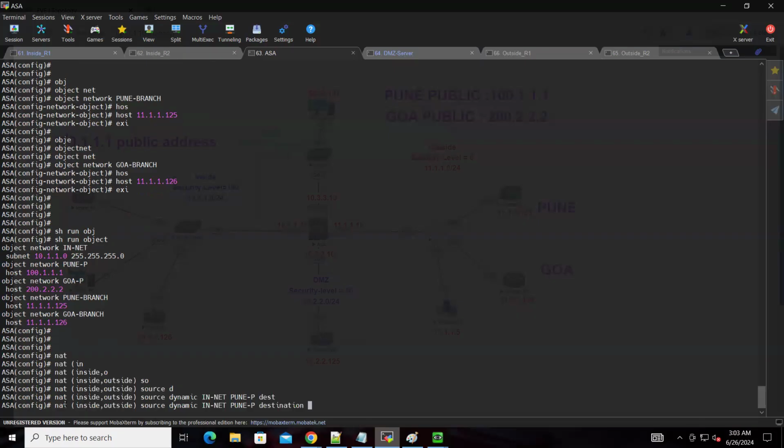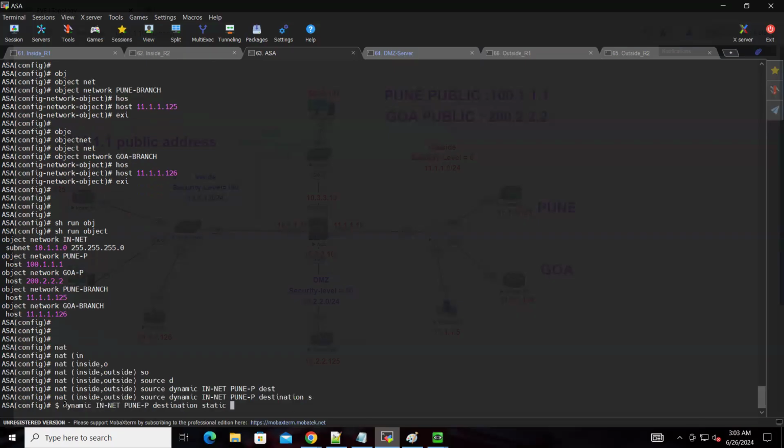For the destination, which destination? Pune branch. How? Statically we'll map to Pune branch. What is the Pune branch ID? The branch address will be what? So we'll be using Pune branch. This is the public address we already have, so we can't convert this ISP address. So we have to use what? We'll be using